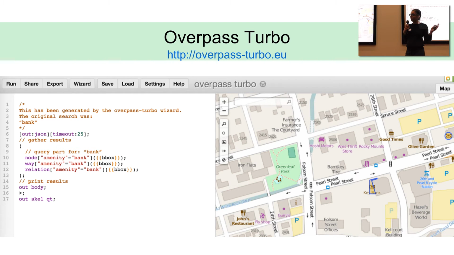So that was how you put the data into OpenStreetMap, and Overpass Turbo is how you get the data out. I like to use the wizard because it's simple, but you could learn the language to do this. In the search, I used the wizard to look for a bank, and it found KeyBank that it outlined in blue, and this ATM.